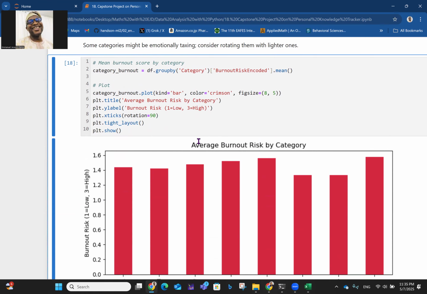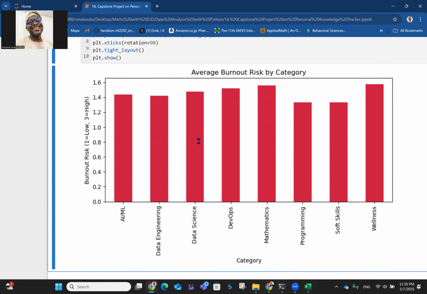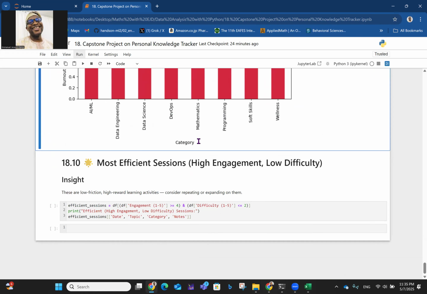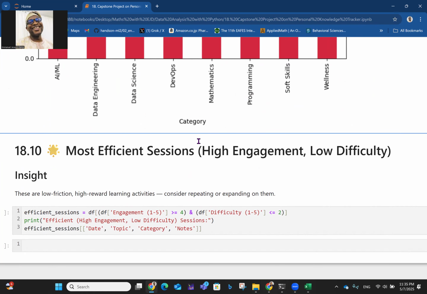Or you may also want to consider, based on your schedule, making sure you take care of a category with higher burnout risk and then move on to something easier to ease the tension, right? Then lastly, let's talk about most efficient sessions, and the index for knowing the most efficient is